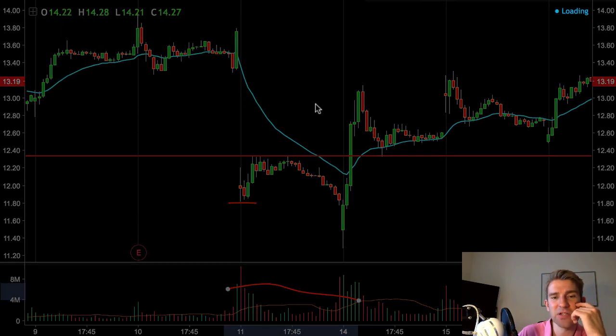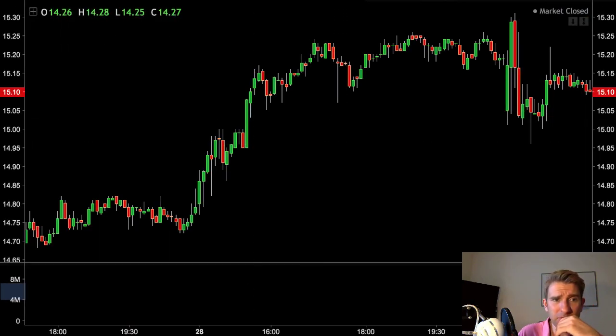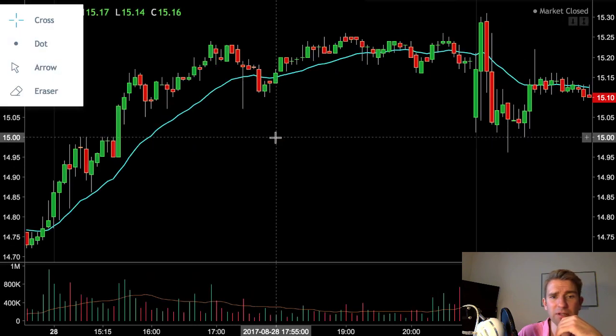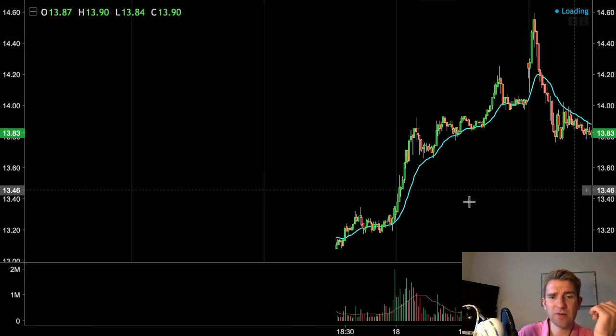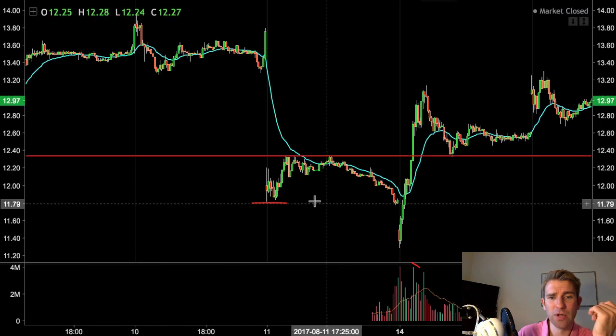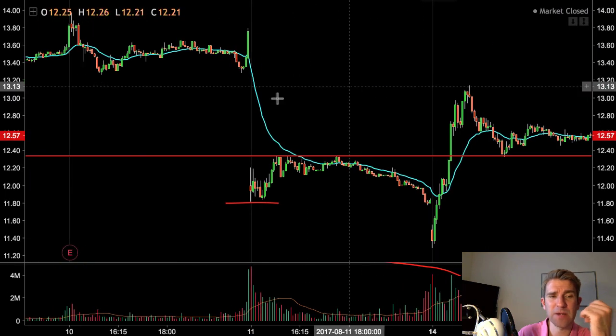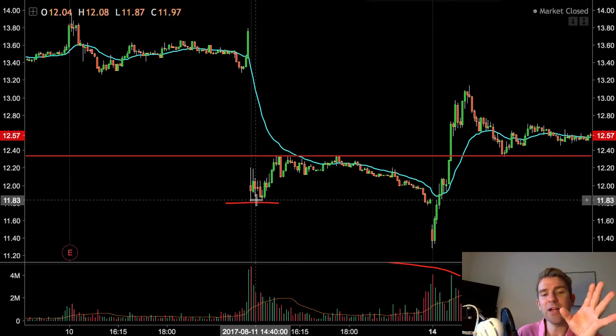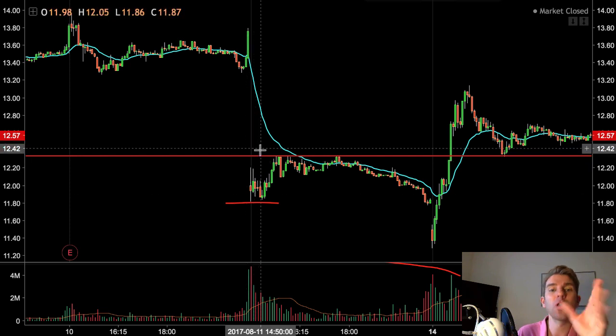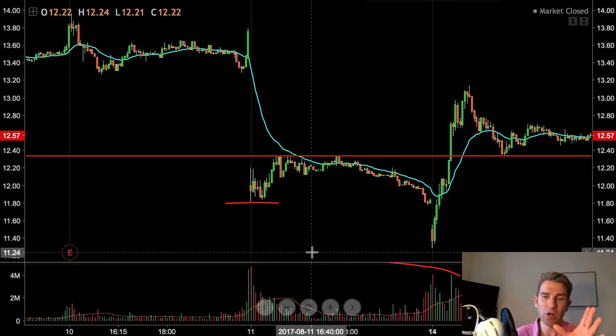Let's go to a 5 minute actually and see if we can get a little bit more closer detail on this. Let me zoom out for us, because this is the kind of stuff that is going to make us good money if we're prepared for it. So here we go, that's better. So day 1 play, or day 1 should I say, we've seen a lot of movement. Okay, not a lot of big range in the stock, but it's down a lot, eyeballs are on it, a lot of volume is done.